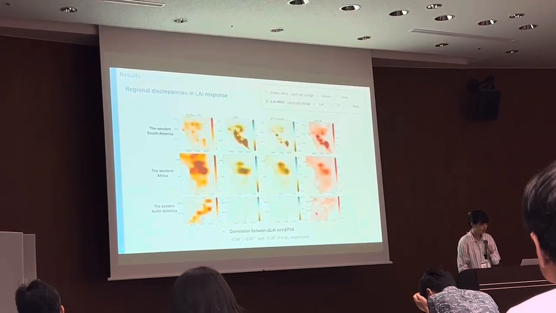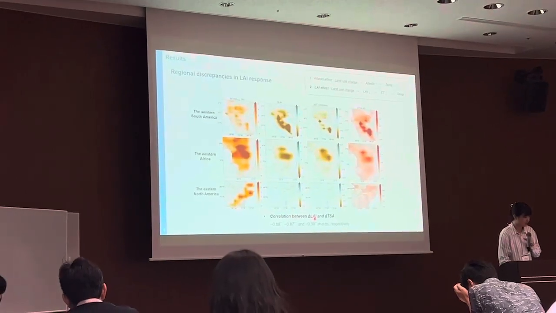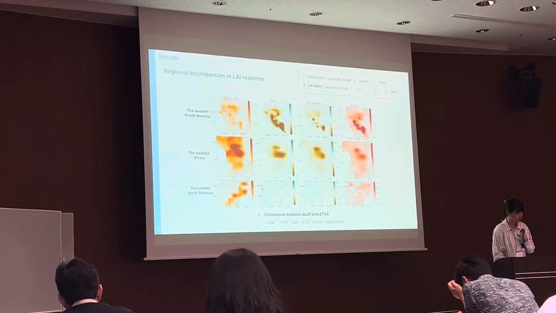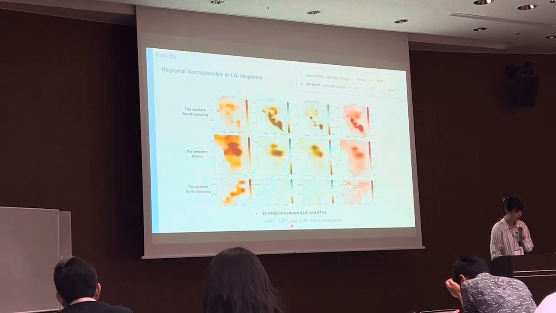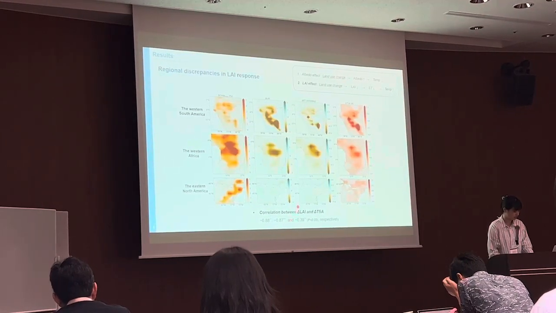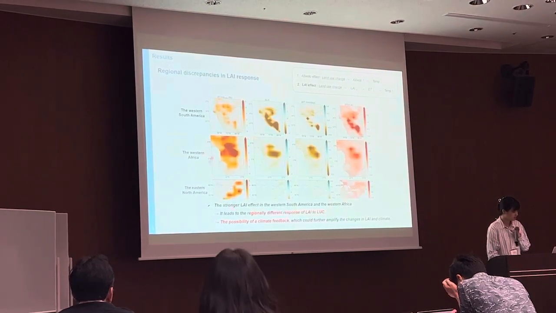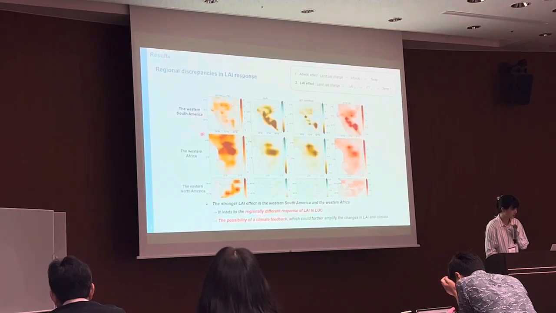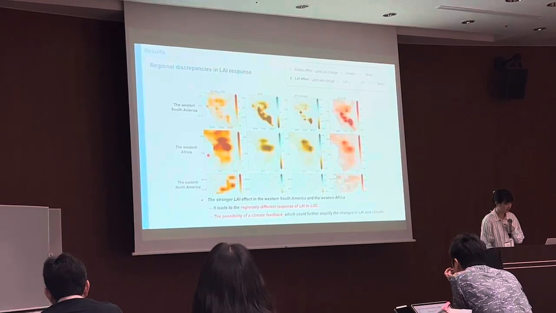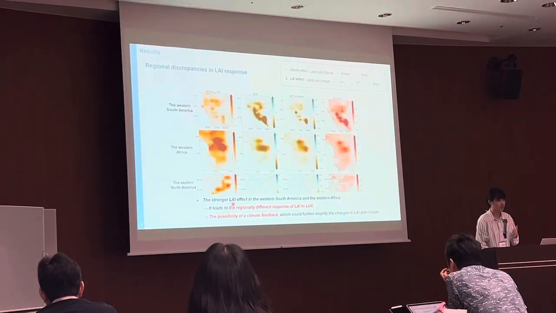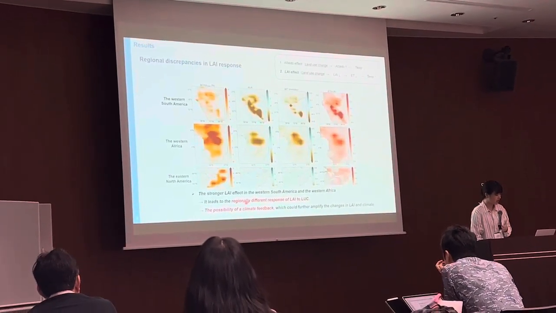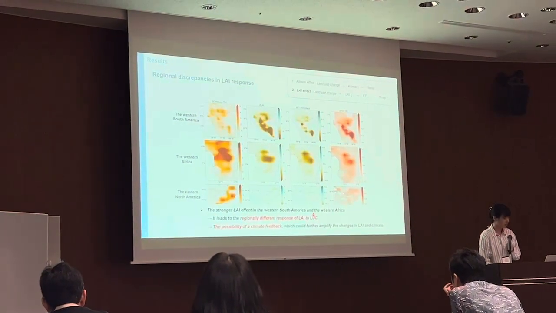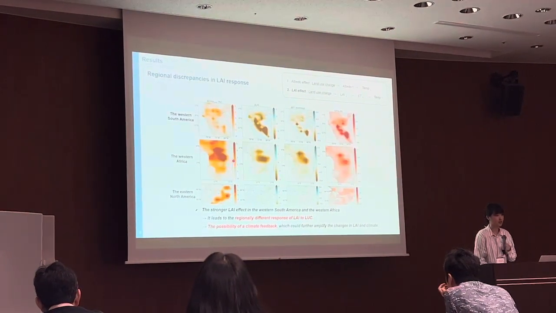When we analyze the spatial correlation between changes in area and temperature, only these two regions show the dominant negative correlation. So from these results, we can suggest that there is a stronger area impact in Western South America and Western Africa. So it can explain the previously mentioned regionally different response of area to land use change. But why do these two regions show